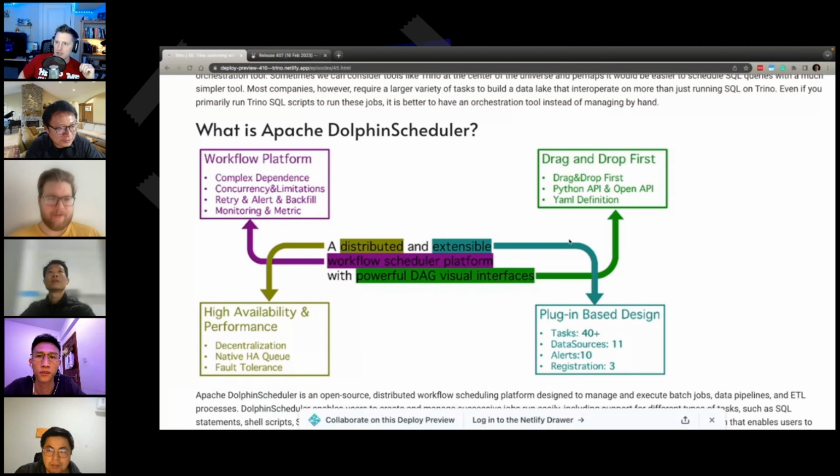Yeah, actually, it's very interesting because I think the main user of Dolphin Scheduler at first is the data analyst. It's not the data engineer. There are many data analysts who just know SQL, and for example, they can write SQL on Trino or on Spark SQL or Hive or something like that, but they cannot make that SQL run every day in some order. So what they need is